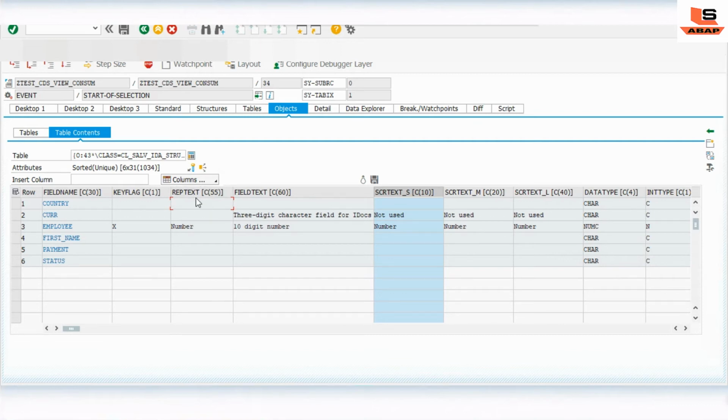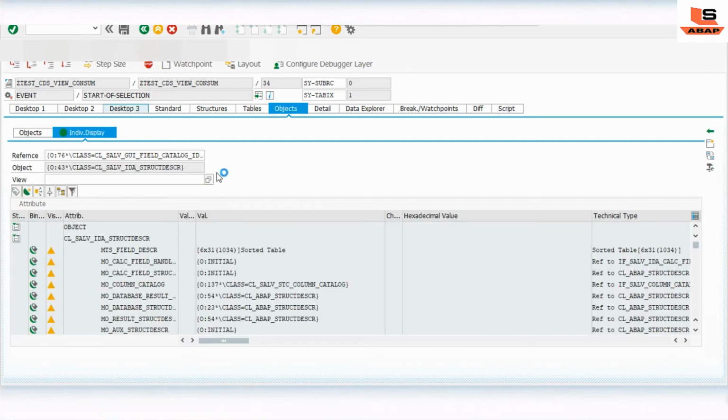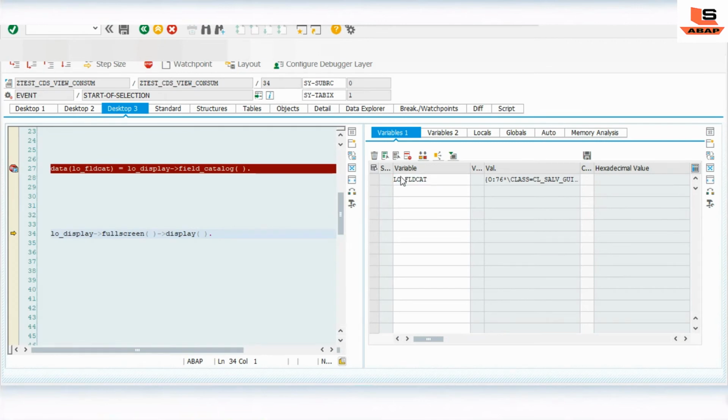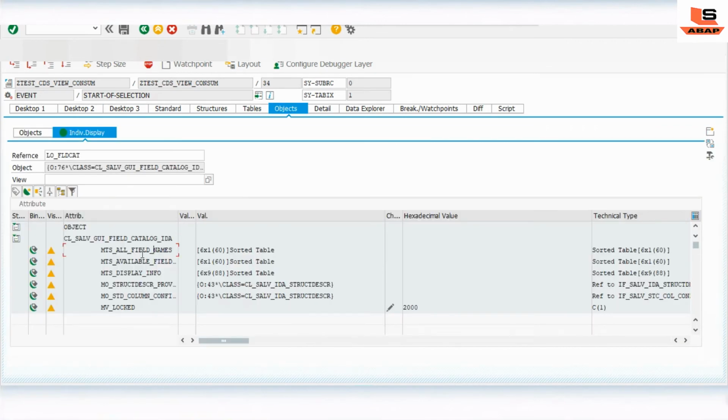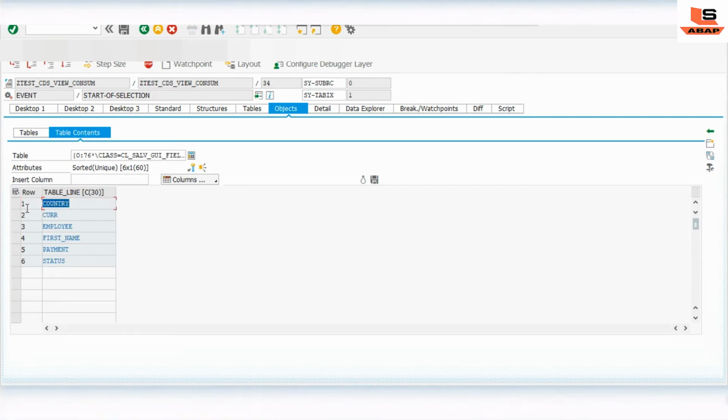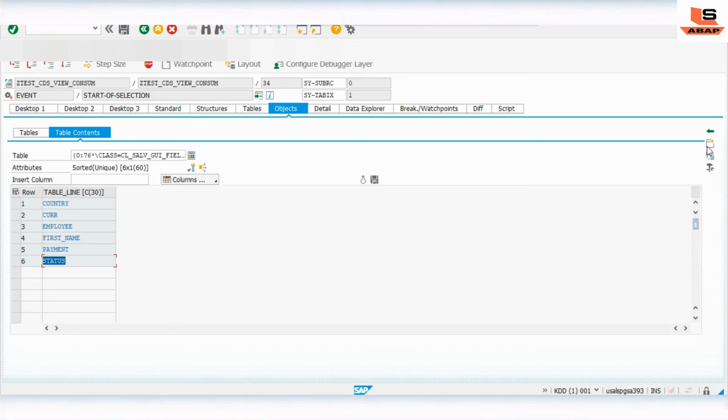So now basically we have to fill the values in this table only. Let's see how we can do this. As we have all fields, like country, we know what the field is with the alias. It is giving the value with the alias, right? So let's go to our SAP system. First of all, we have to read this table, the all fields name table. This table we are going to read now for the six fields. Let's see how we can do it.